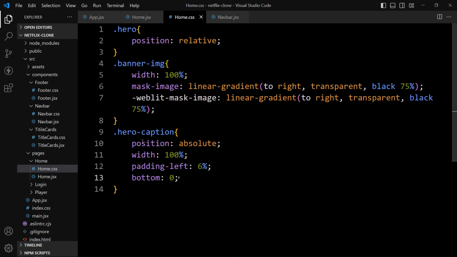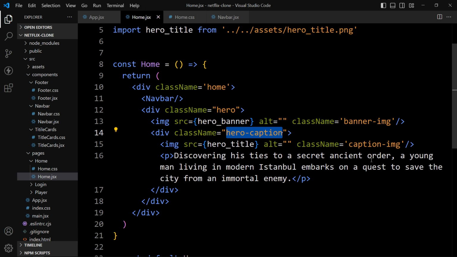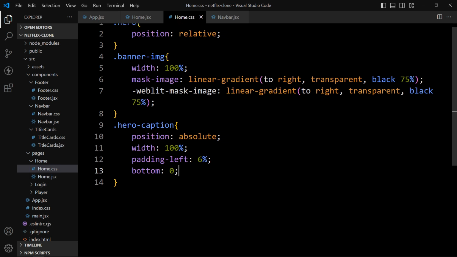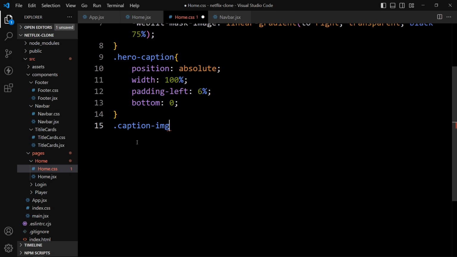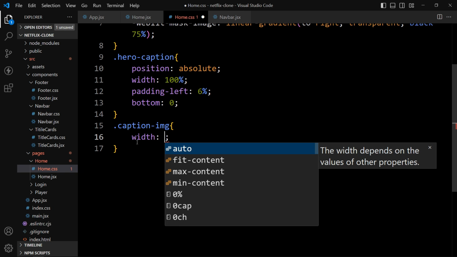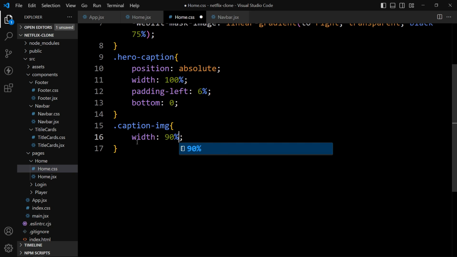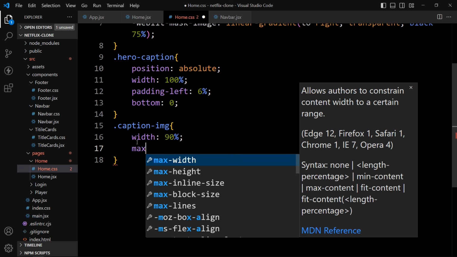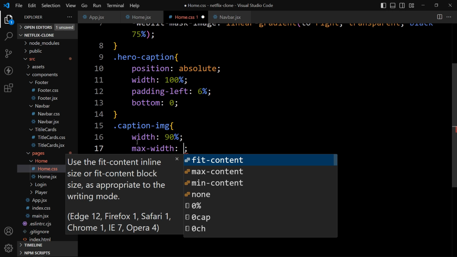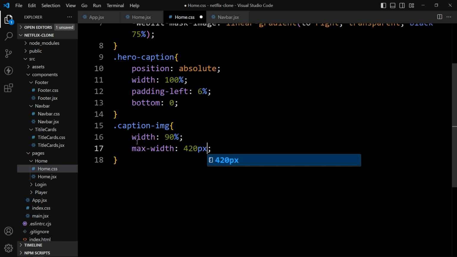Now just come back and copy this class name caption-img. For this one we will add the CSS properties. So write this class name here, and for this caption-img we will set the width. So the width will be 90% and we will set the maximum width also. So it will be 420 pixels.